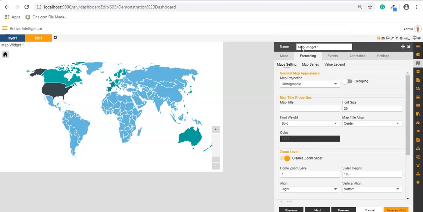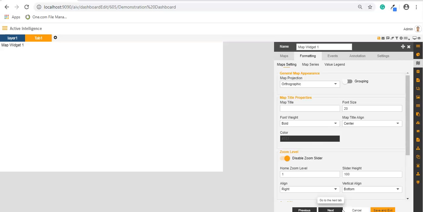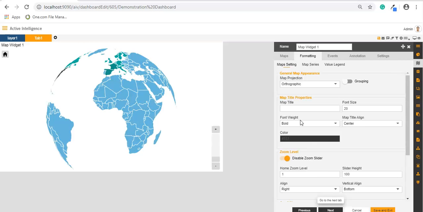In the same way, if I set it to the orthographic, hit preview, we will see that the map will change to the orthographic. We can apply the title to the map, regional sales,